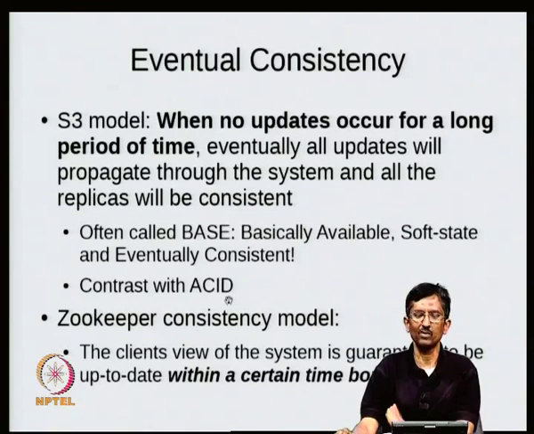So D, what does it mean? It means that if I write something, it should, in spite of failures, crashes, panics in the system, whatever, when the system comes up again, whatever I wrote before the system went down, it should persist. So the D is the durable part of it. Of course, the D is the main concern in storage systems. So this is an important thing to be looked at.